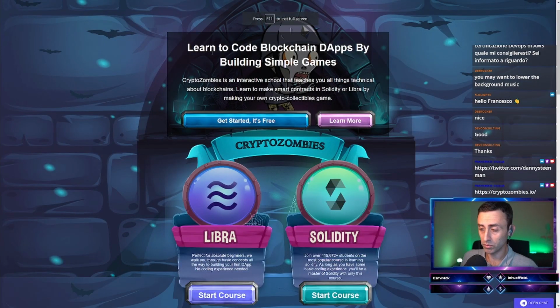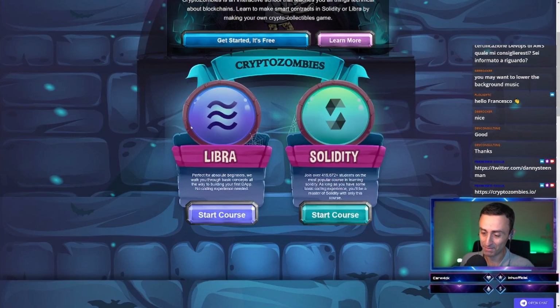Okay, so learn to code blockchain dApps, which stands for decentralized apps, by building simple games. We all love to create games. So there are two options here. The Libra, never heard about this. Libra is also a zodiac sign. Perfect for absolute beginners.